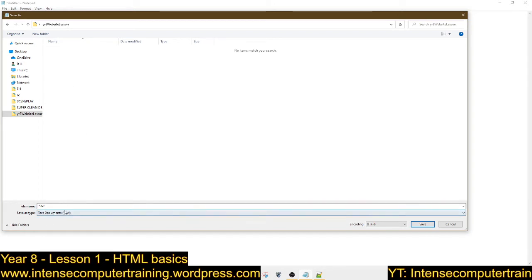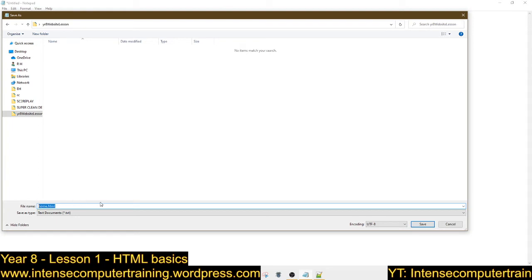But look at here, look down here. It's really important you pay attention to what all this is. I bet most of the people watching this video have never paid attention to this bit here. Right, I want to save this whole file as what we call in HTML the home page. But we have to add on straight after it the extension .html. It's really important that you do that. Look, there's no spaces. It's all one word, but the most important thing is I've called my first page